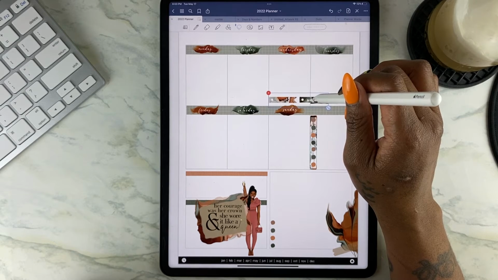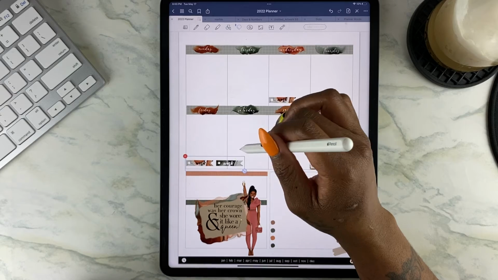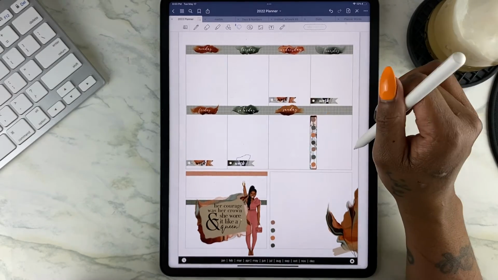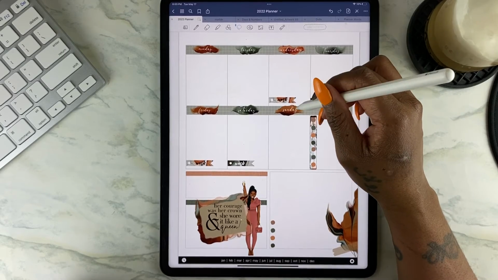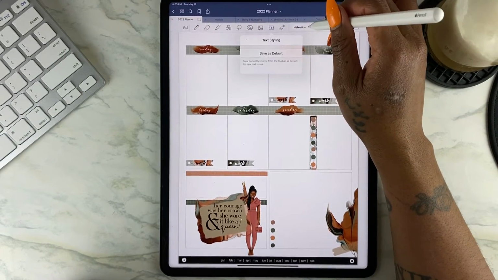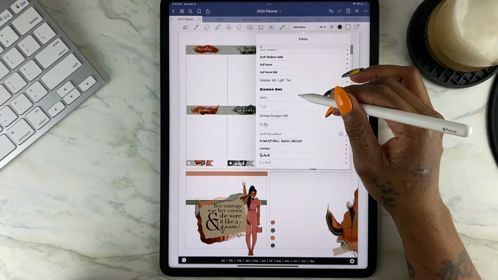So what I'm doing here is I'm just making sure that the size for the Friday and Saturday matches the Wednesday through Thursday. And all you have to do is just lasso it, move it over top, and it'll pretty much show you. So now I want to make a header for my shopping list section,